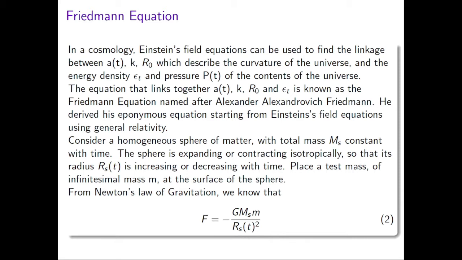To give a background about Alexander Friedman, he started off as a meteorologist, and then he taught himself the theory of general relativity and the basic understanding of cosmology that people had at that time,